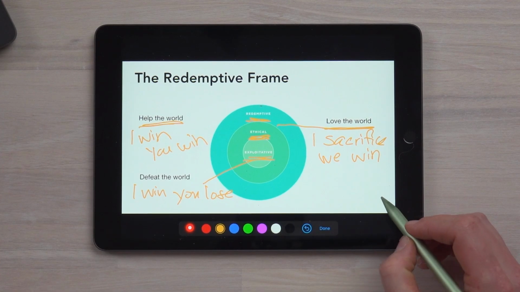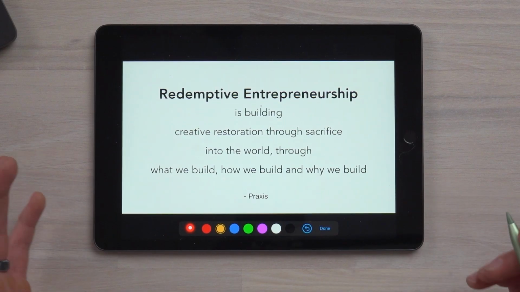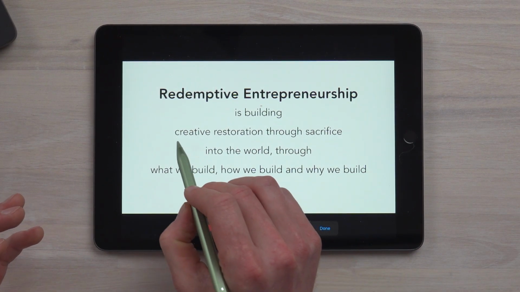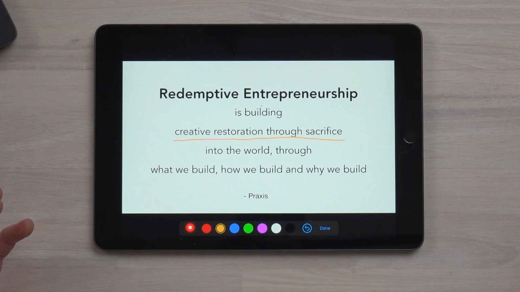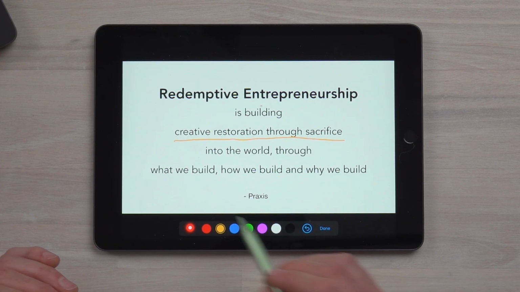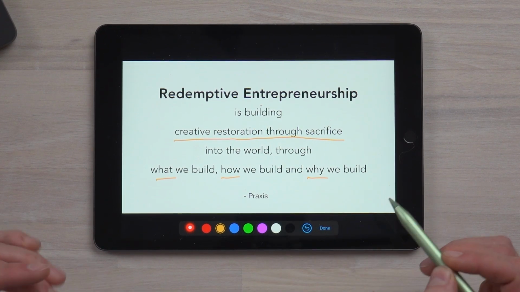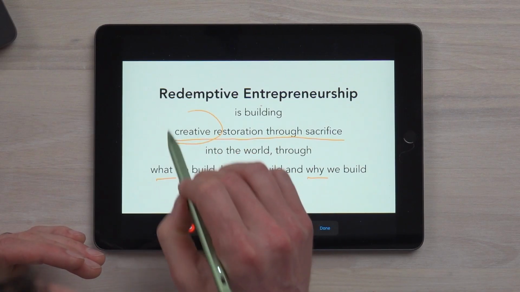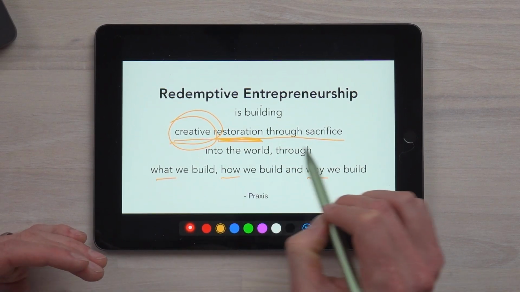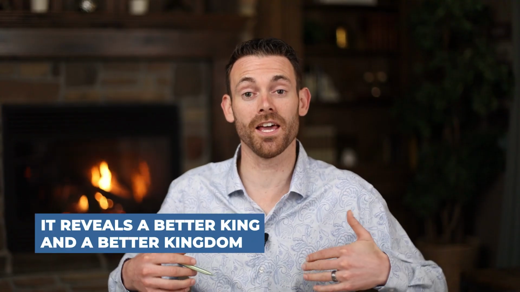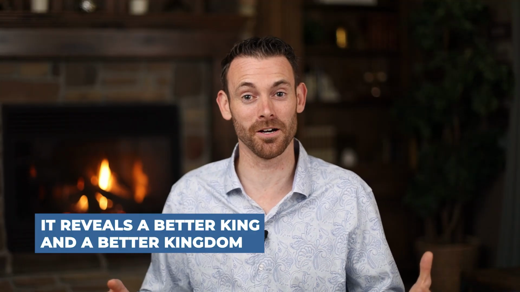So as I'm talking about sacrificing and together we're winning, there's a more complete definition we can bring. And I like it right here on this slide. It looks like this. It says, redemptive entrepreneurship is building creative restoration through sacrifice into the world in what we build, how we build, and why we build. Look at those words, creative restoration. And there's our sacrifice word again. That's what redemptive entrepreneurship looks like. It's showing off a better king and a better kingdom,